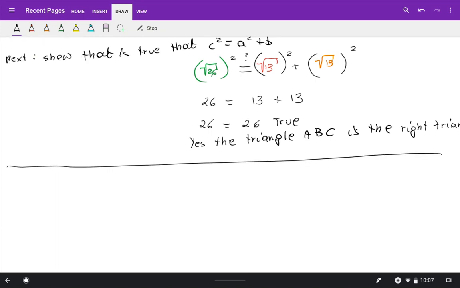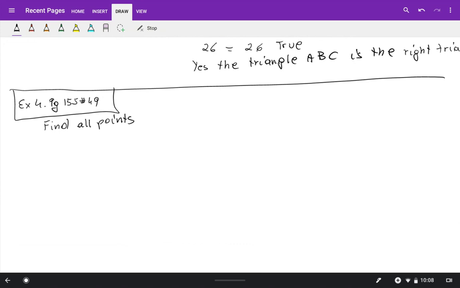Next one, example 4. I took that from your textbook also. This is page 155, number 49. Okay, and a little different problem. Still, we'll apply the distance and midpoint formulas, but a little differently. Find all points on the x-axis that are 6 units